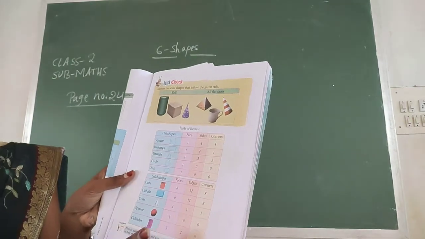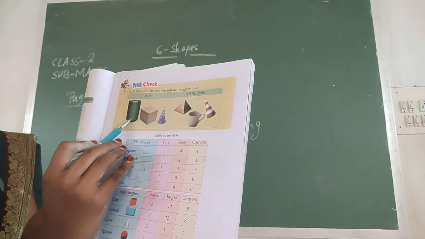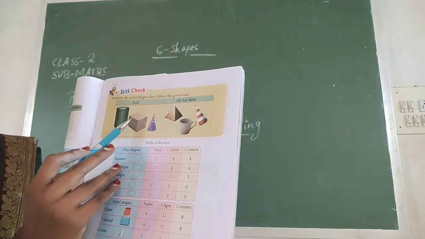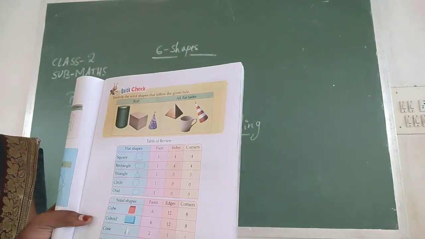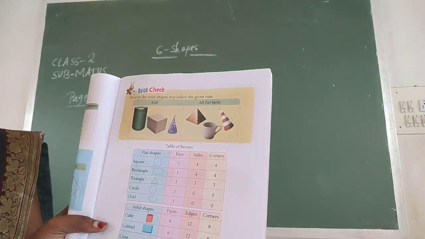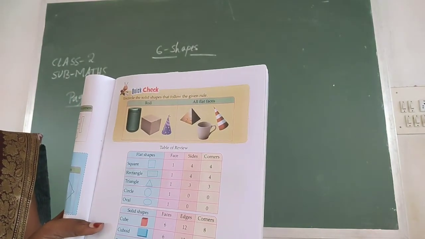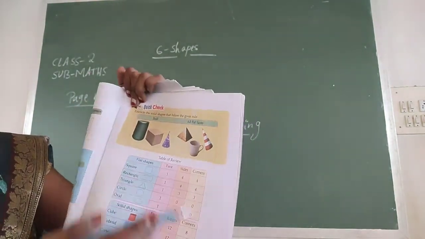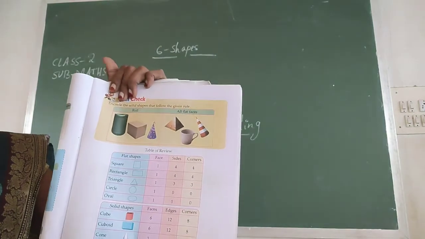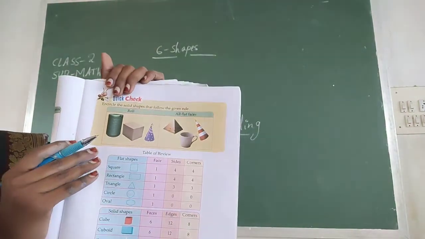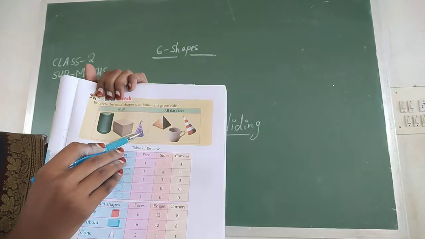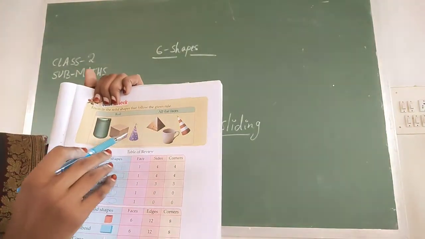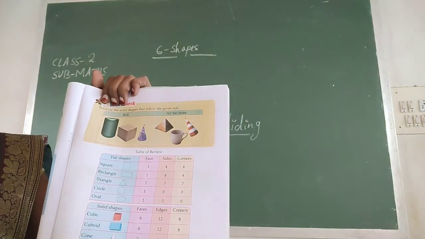So here they have given some shapes. It has a shape like a cylinder. It has a shape like a cube. It has a shape like a cone. So in these given shapes, which shapes are rolling? This one and this one, because the cylinder has a curved face and also this cap has a curved face. So these two shapes move by turning their bodies.